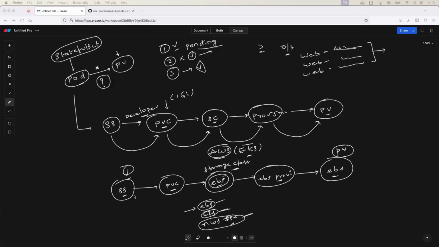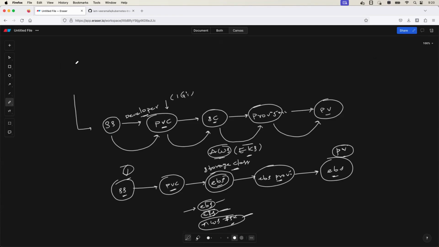So what is the Minikube workflow here? In terms of Minikube, if I try to draw this parallelly for Minikube, how it looks is, whenever you create a stateful set, within the stateful set you will provide a persistent volume claim, and if the stateful set has to run on Minikube, the persistent volume claim should have the storage class name as standard. And when you put this within the Minikube,